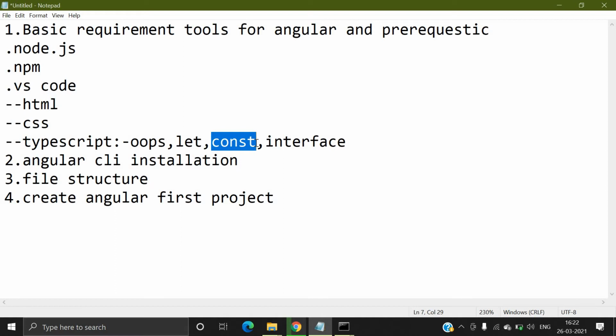And const is also a kind of variable used for constant type. Constant means you cannot change it. Once you declare any variable with const, you cannot change that variable. And an interface is just like a store of methods, and just like a store for any object, like first name, last name, you can store inside an interface. It is just like an object.